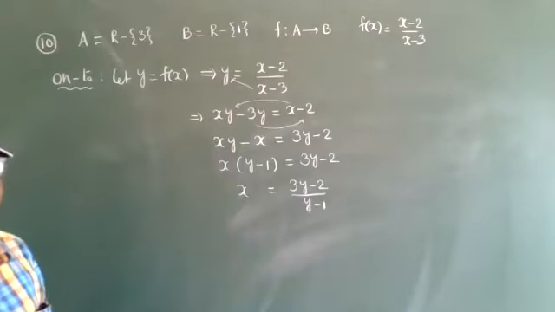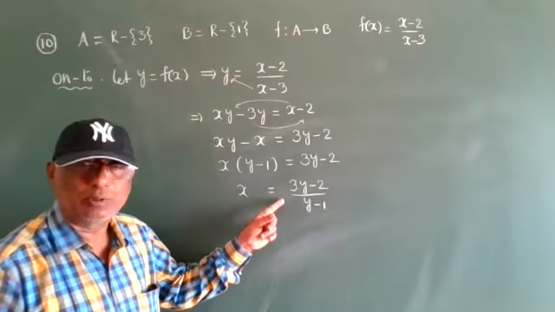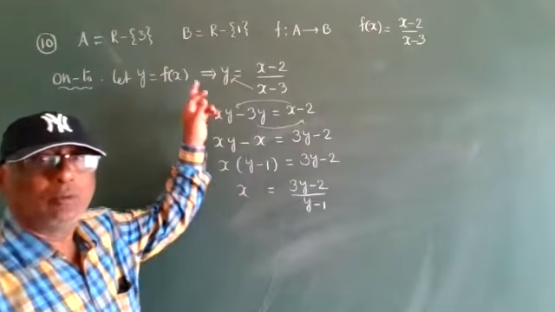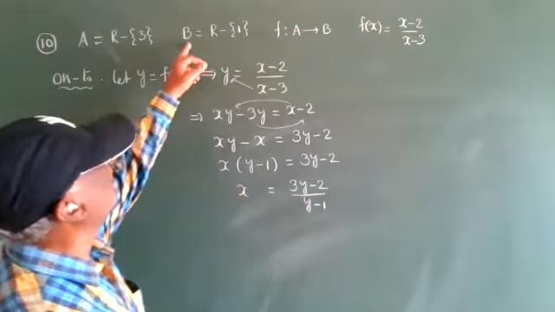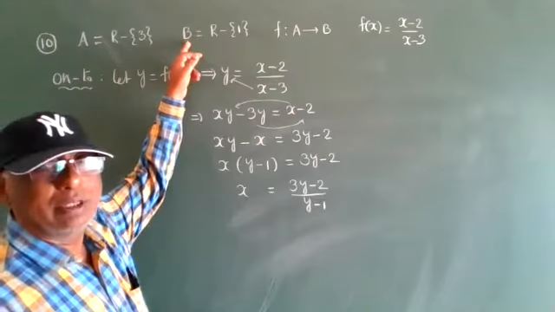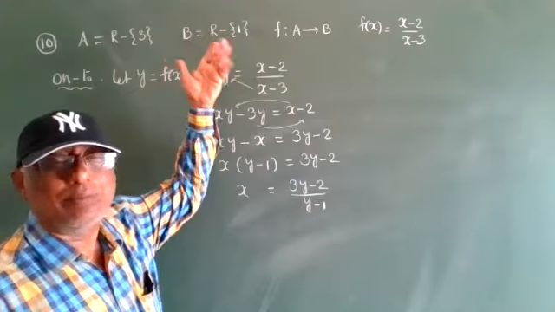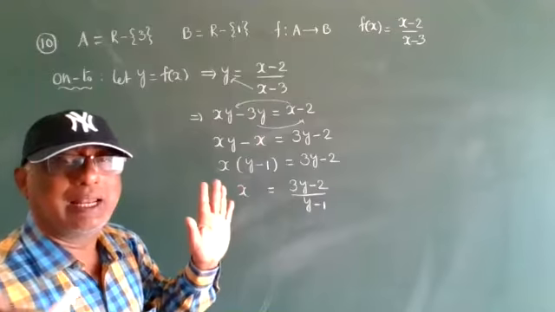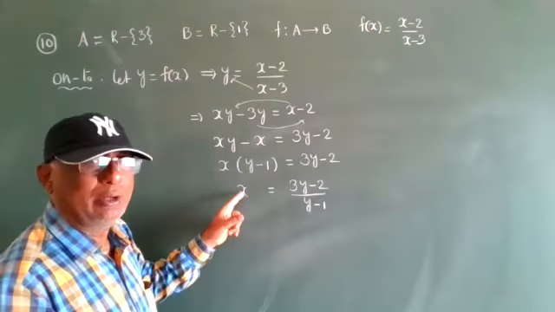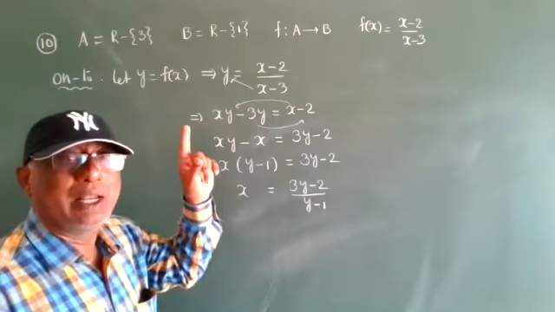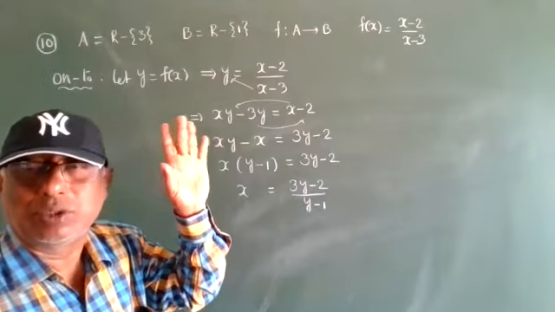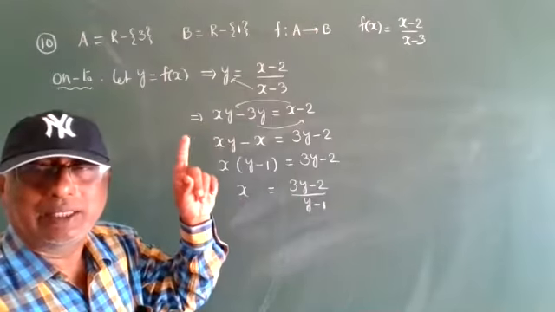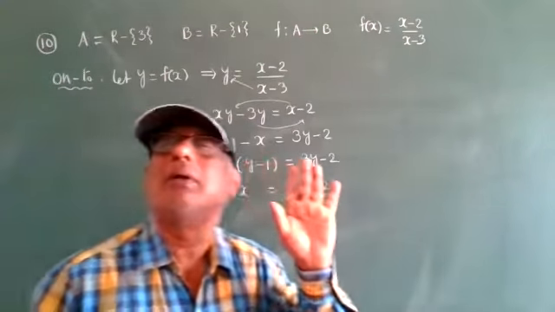Okay? Any element we can substitute for y values. Y values are the B set values. Y values are except 1. Any value we can substitute. It is a real number. That is the x value. X is also a real number. Never get 3 also. It should be remembered. Never get the 3 value.